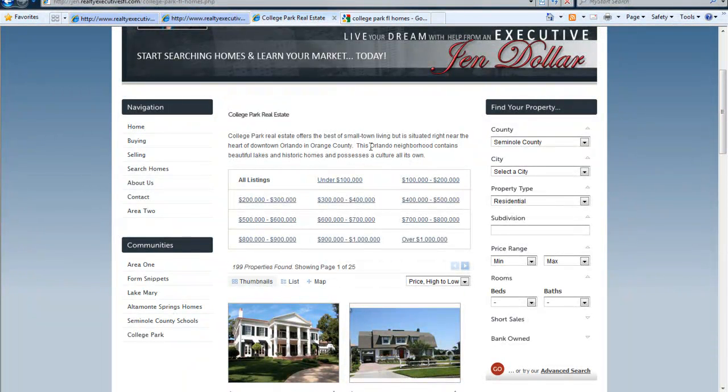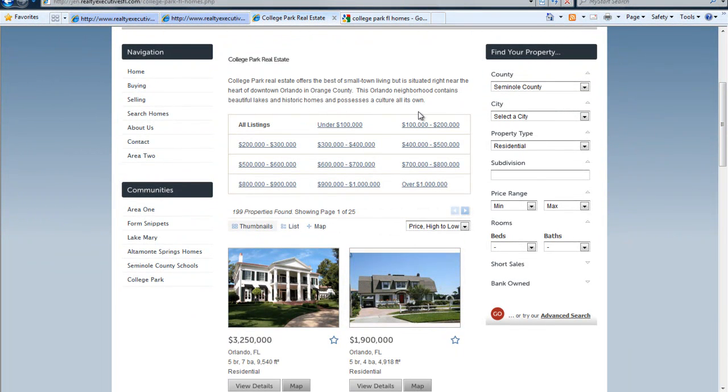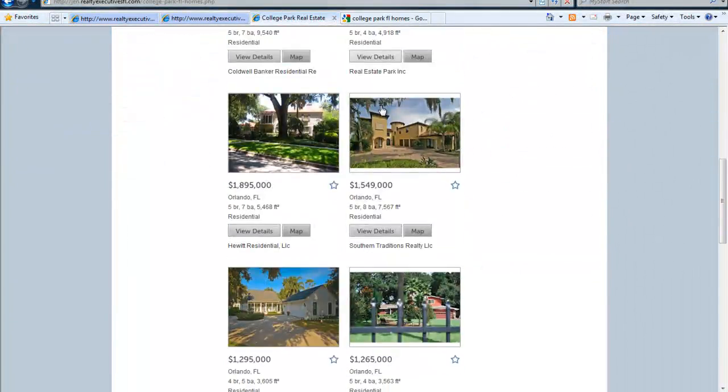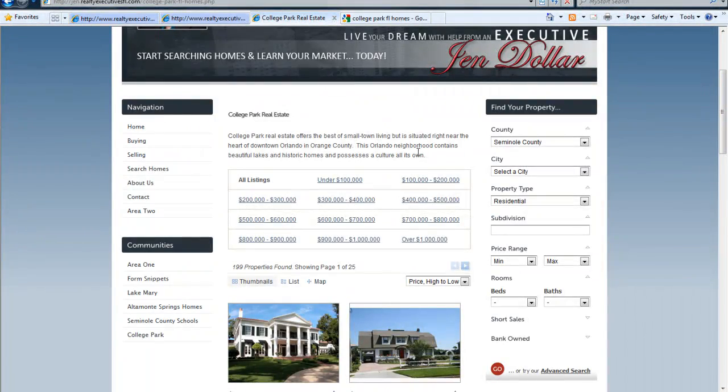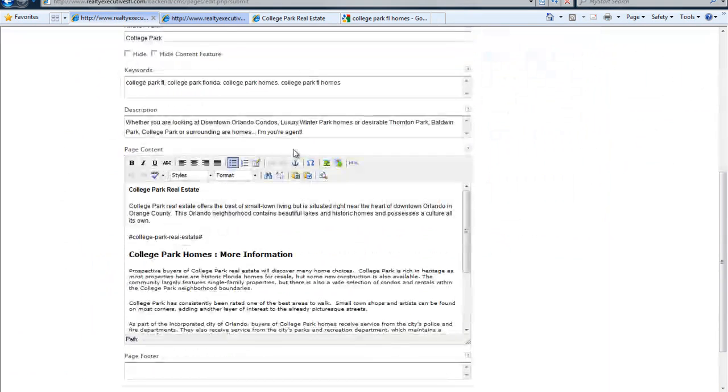The other thing is when somebody's looking at this, if they want to read more information, they just see houses. They might not scroll down all the way. So what I like to do is have another call to action and mention this phrase here again to reiterate that's what they're looking for and to give them an opportunity to go down there very quickly. So to do that, you can say read more about College Park FL real estate,